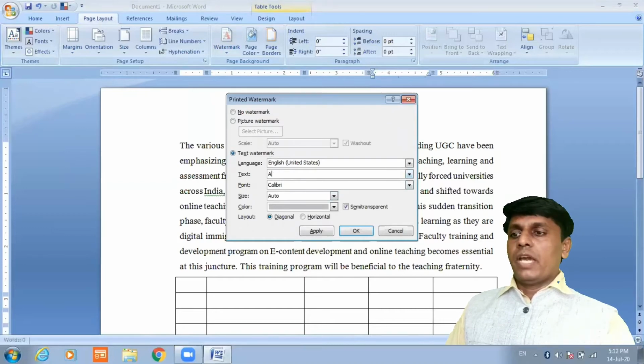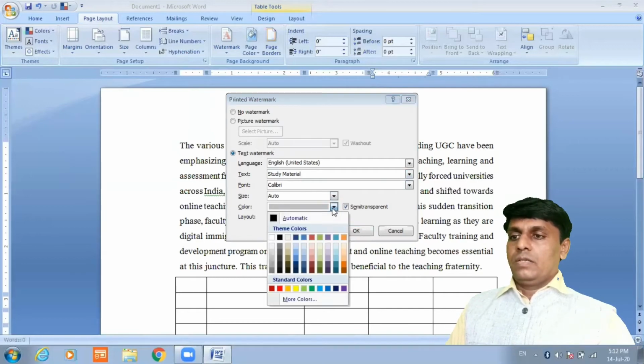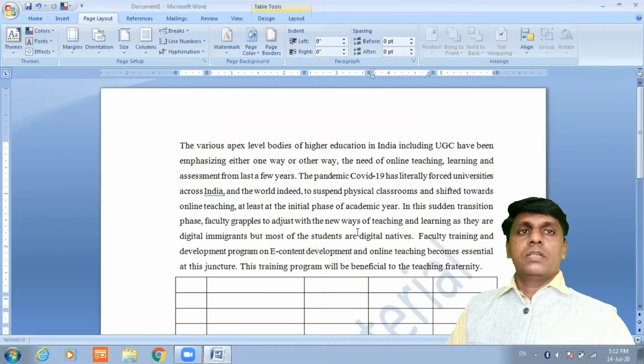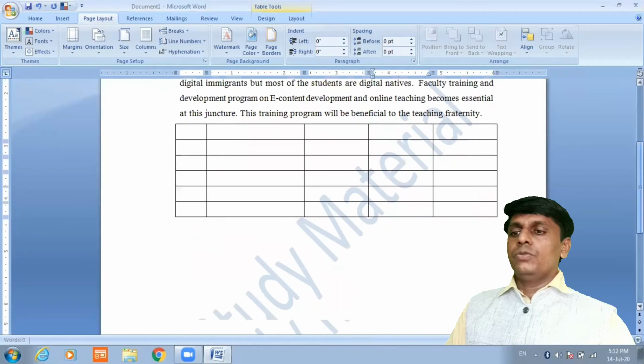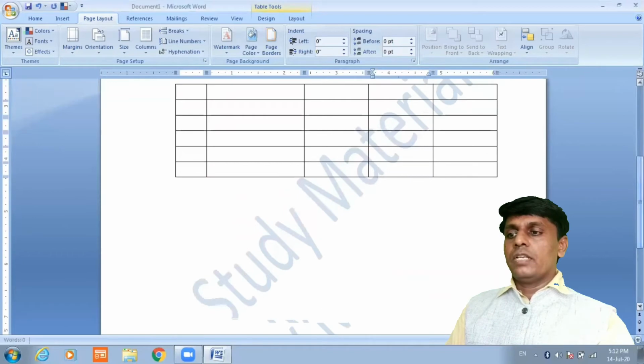It will be active, and here you have to type the text. For example, I will type study material. Okay, say okay. So it will be your watermark. And if you want to change the watermark, then again go to it and you can change it.